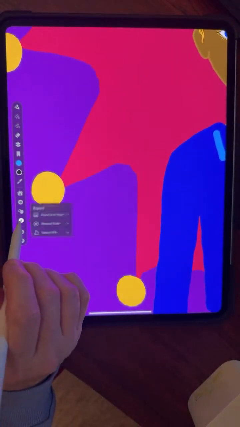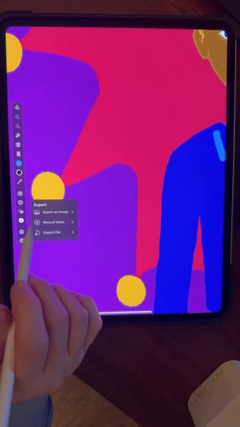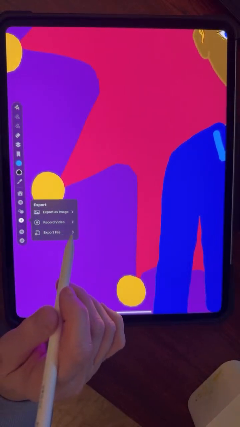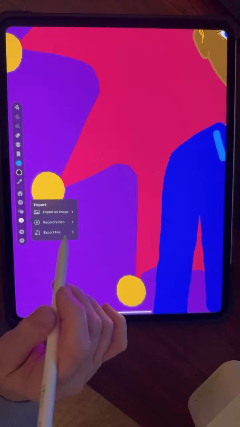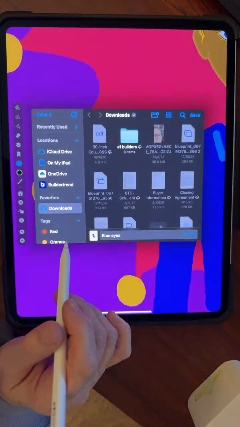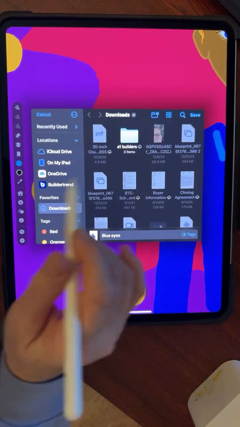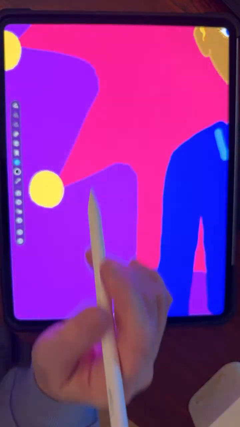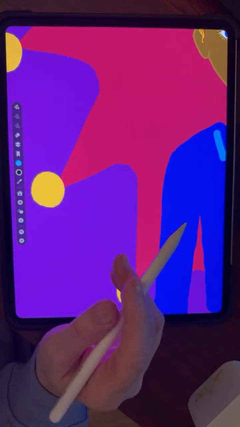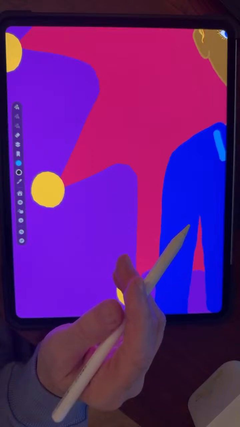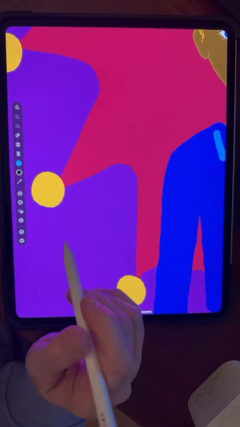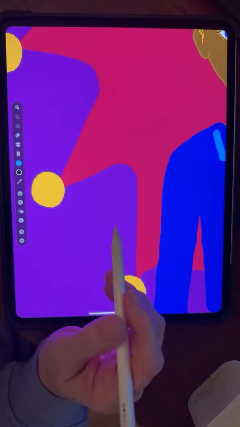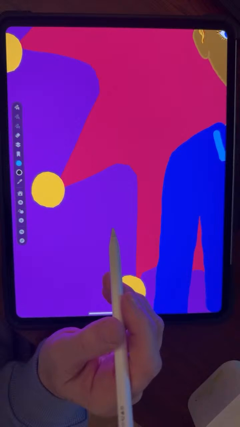And then this download is exported as an image, record a video, or export file. Export file. Oh, I can export the whole thing. I've never done that. So I've heard other people do that, and they make them available so that people can zoom around in the drawing themselves. Like I could download this file, put it on, I'll probably do it with my demo. I could download the file, put it on, I'll see if I can put it on my YouTube page in